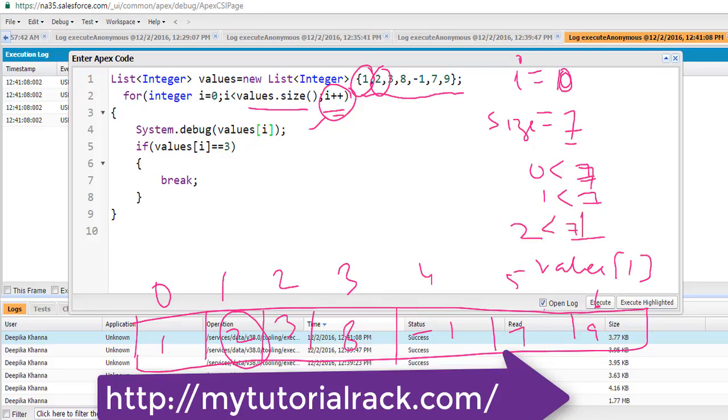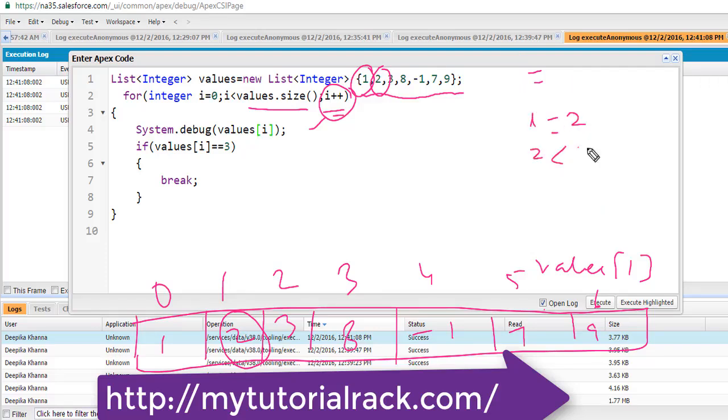Is 2 less than 7? Yes. 2 is less than 7. So what is the value of I? I became 2. Now is 2 less than 7? Yes. 2 is less than 7. So now what's going to happen? What is the element at index of 2? That is 3. So now at this point it is 3, so it is going to go ahead and print